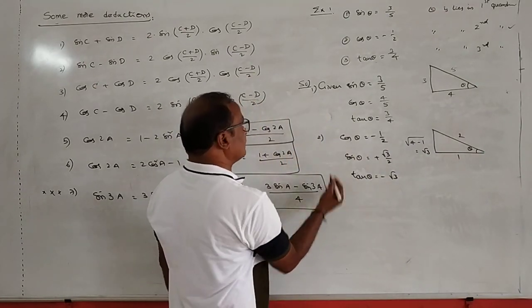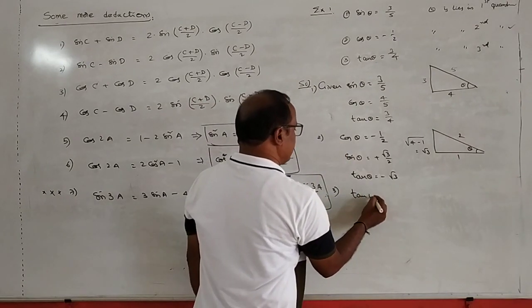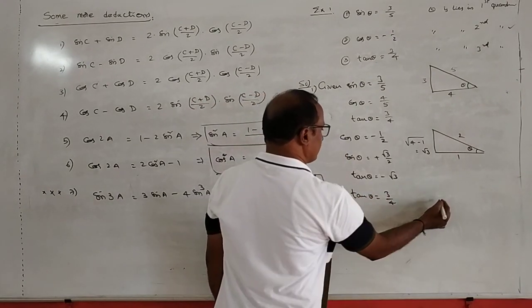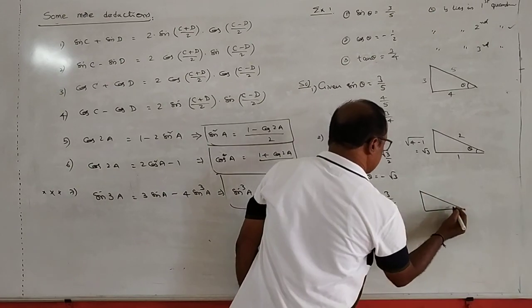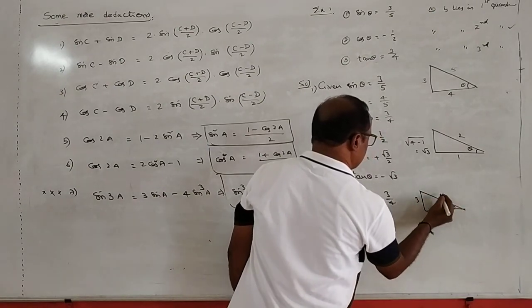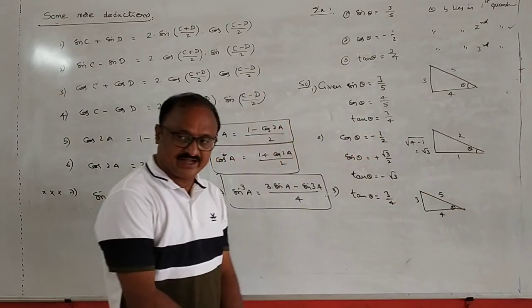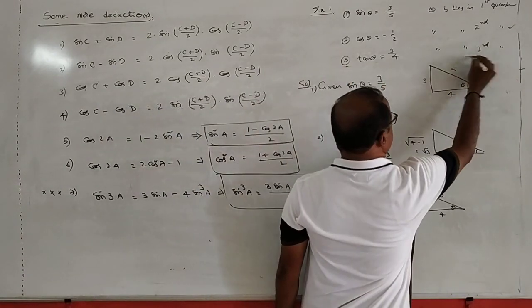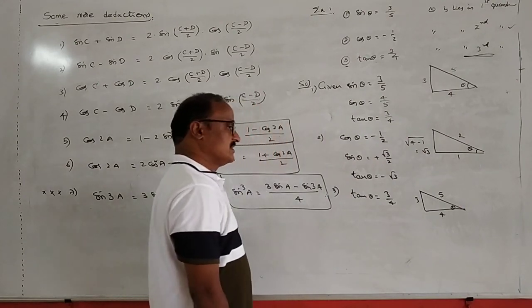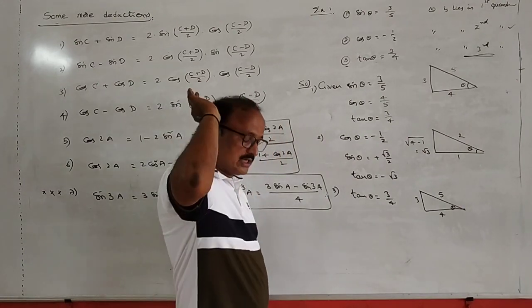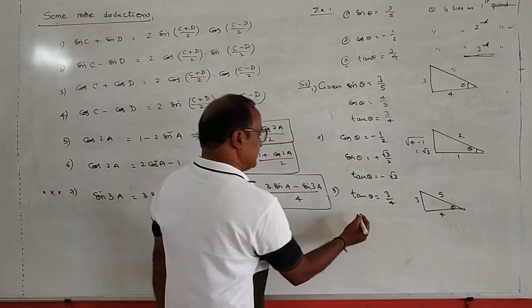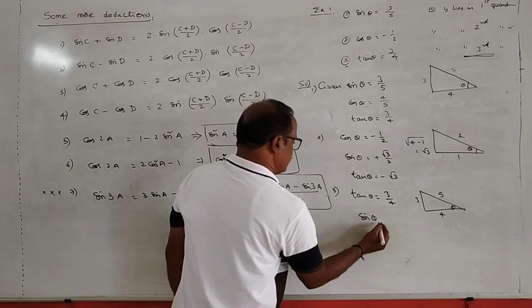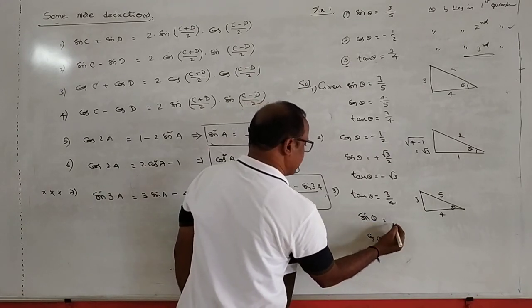And also the third one, tan theta is given as 3 by 4. It is the triangle 3, 4, and compulsorily the hypotenuse is equal to 5. Right? And in the third example, theta must lie in the third quadrant. In third quadrant, remember only tangent is positive. Remaining sin theta or cos theta, all these are negative values.